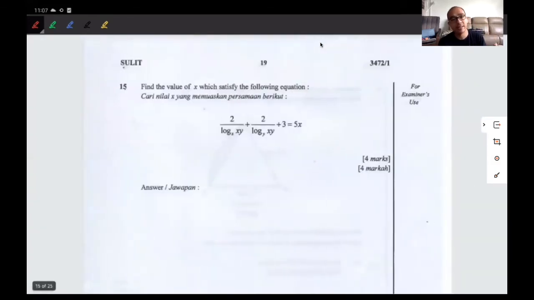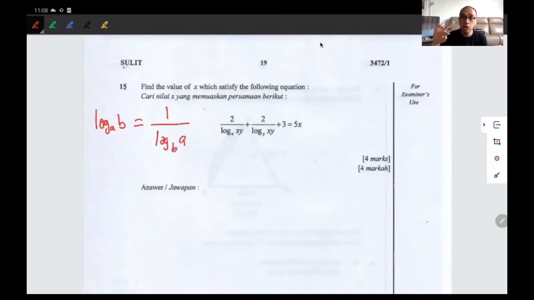Okay, ini lagi lah. Okay, find the value of x which satisfies the following equation. So you have 2 and then log x, xy, and then 2 log y, macam tu lah. Okay, now I just want to mention this, that log AB, okay, this one is something that biasanya diajar tapi selalu kita lupa. It can be 1 over log BA. If I change the position, okay, if I change the position of the base and the number,